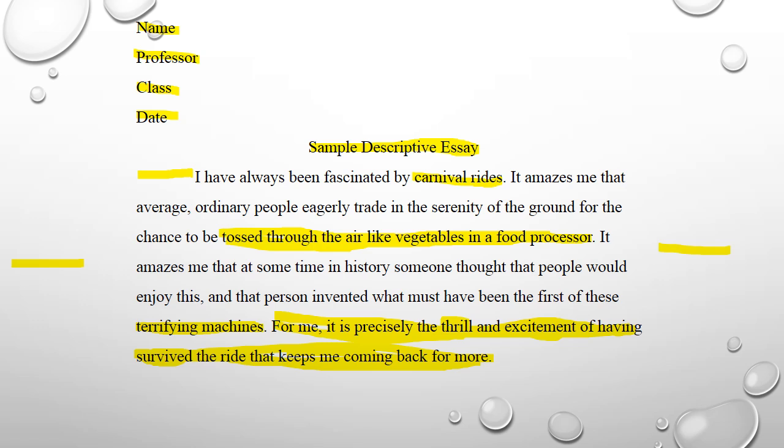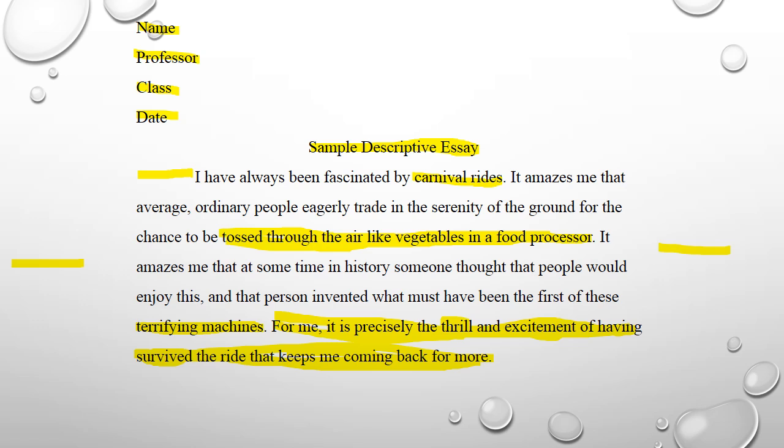You have your heading here at the top, and you have your title. You have 1-inch margins on each side, and you have a 5 space indent for each paragraph. So now that we've gotten that out of the way,